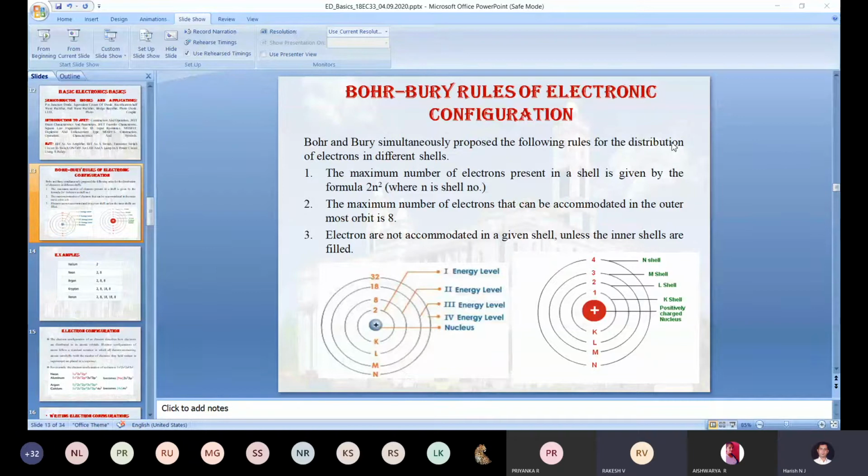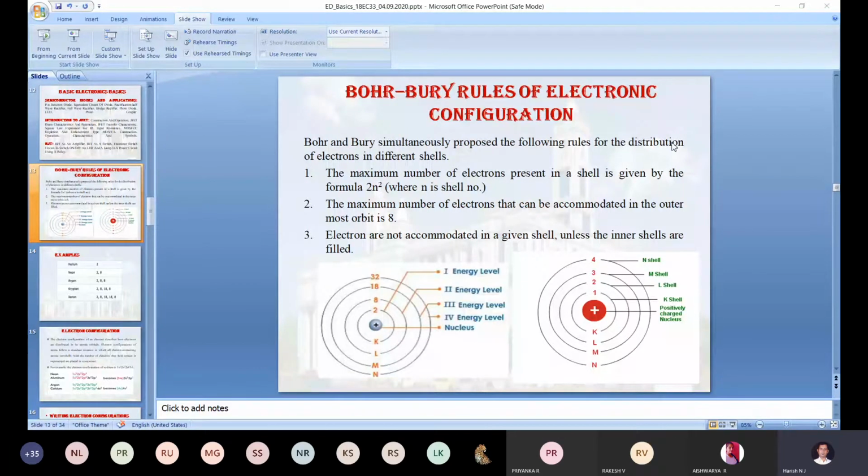Have you heard about the octet rule? As per the octet rule, what does it say? You can take any atom, silicon or germanium, aluminum, gold, whatever it may be. It consists of a number of subshells, right? The outermost shell we call the valence shell or outermost shell. If the outermost shell consists of 8 electrons, it satisfies the octet rule, and that shell we call stabilized, or stable, correct?